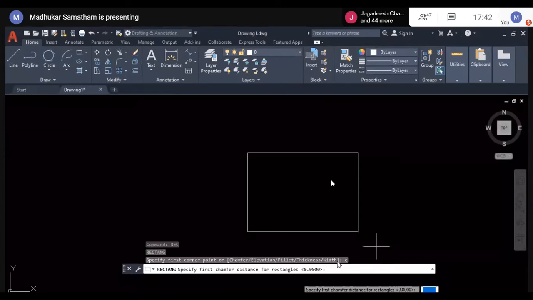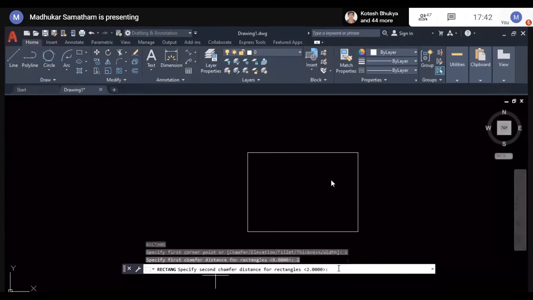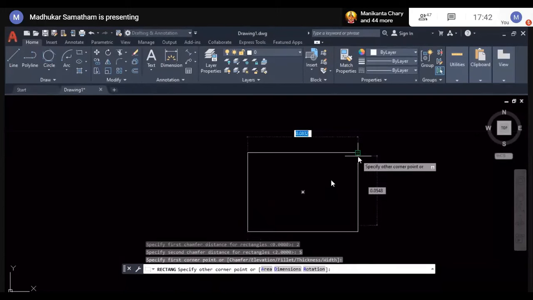Specify the first chamfer distance for rectangle. From default 2, I am specifying. Again, it will ask you the second chamfer distance. If it is the same 2, you can specify by typing enter. Or else, if you want to change, specify those values. 5, I specified. Go to the first corner point. And the second corner point.